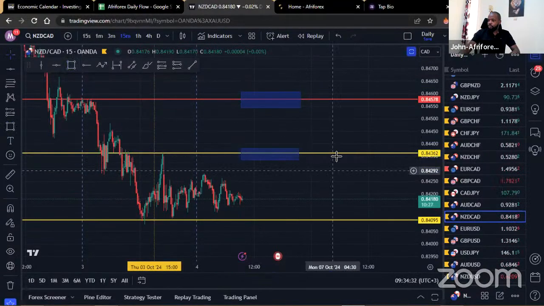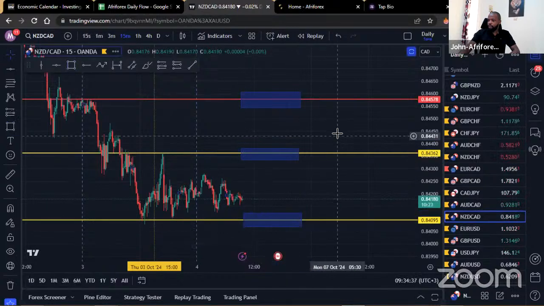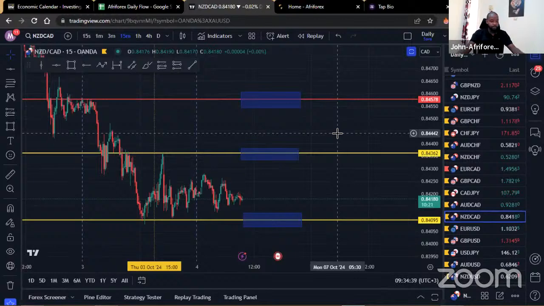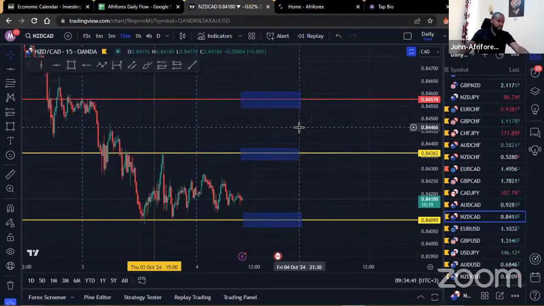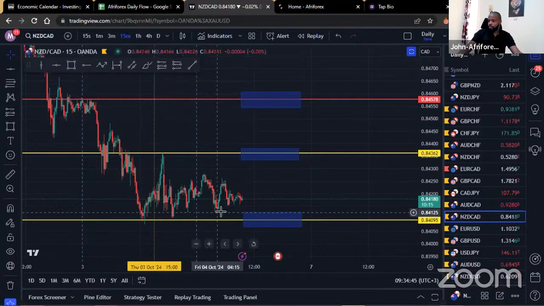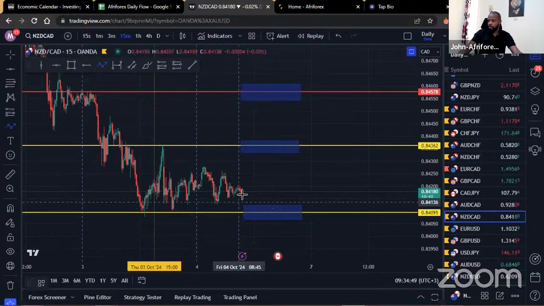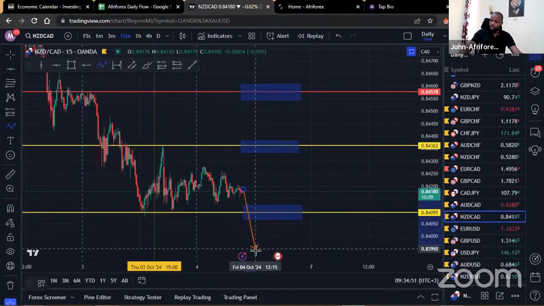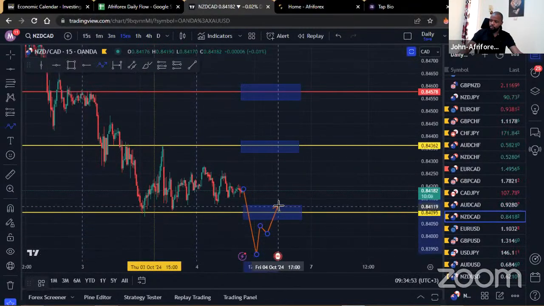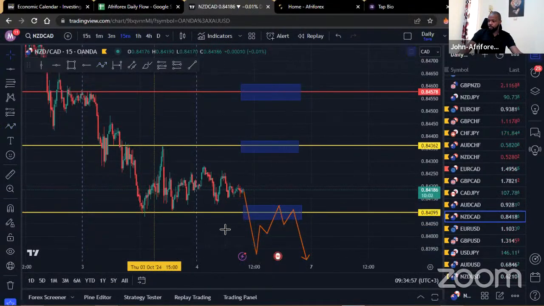So last but not least, for the CAD pairs, we have the New Zealand dollar against the Canadian dollar. So for this one, it's a new entrant on our watch list. We will be trying to see whether we can get some selling opportunities as well. You can see the 3 regions right there that we're going to be watching out for. The market is just stagnant within this region. So it's either one of 2 things. Either the buyers within this area are going to give up, and we can get the market breaking to the downside. If we do and we get the market coming back in within here, then possibly we could try and see whether we could get sells.